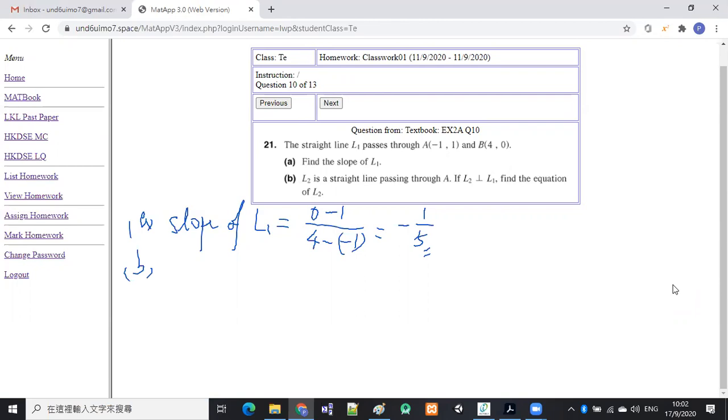Okay, so L2 is a line passing through point A, which means that for the point, we need to choose the coordinates of point A. So that is -1 and 1. And then for the slope,